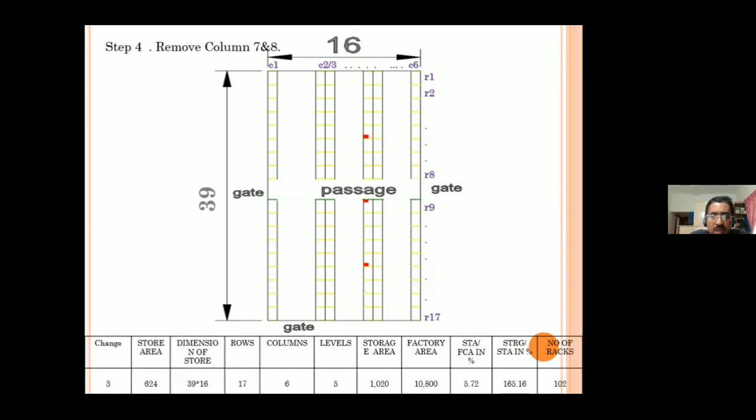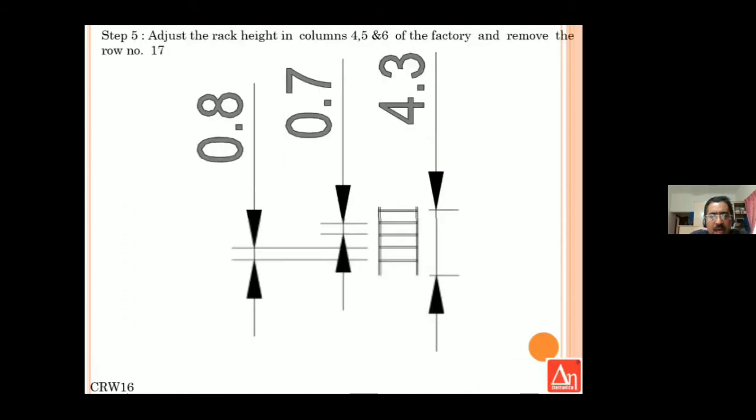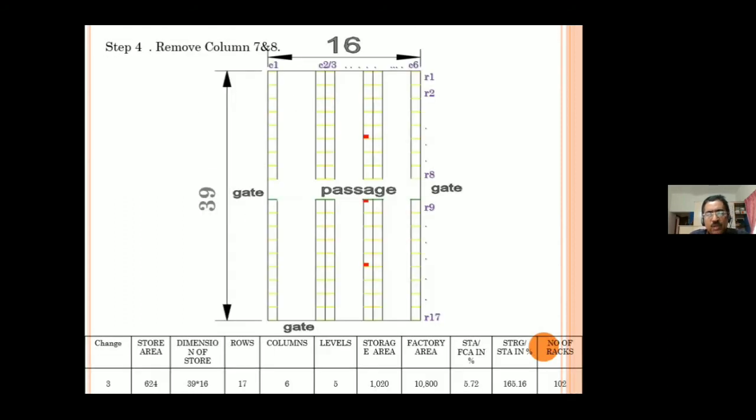Is there any way to reduce it now? Let's see whether we can. Now you don't have x-axis and y-axis to change. Now what we have is the z-axis. The x-axis and y-axis are put to maximum use, so you don't have any room to change here. So now what we have is the z-axis, the vertical axis, in which you can try to improve.